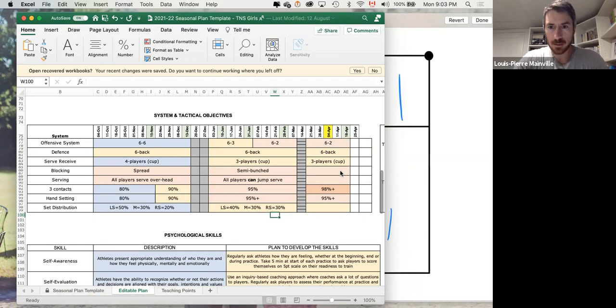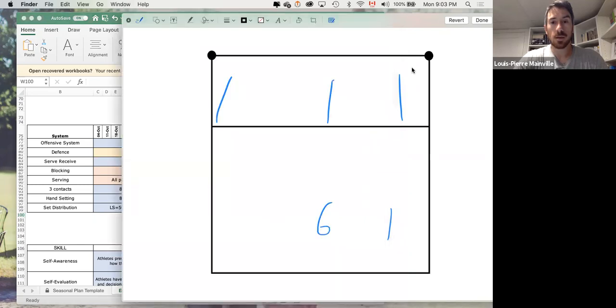For TNS, are we allowed to specialize middles at the end of the season? So that's a great question. What you're saying is essentially by the end of the season, if I play 6-2 and I've got